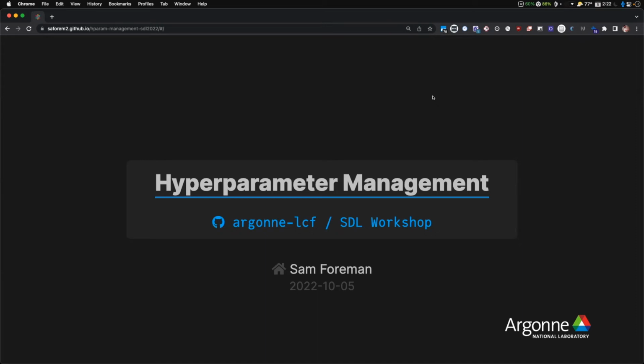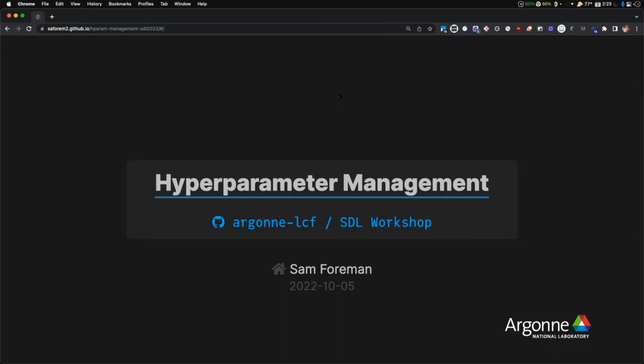My name's Sam Foreman. I'm a computational scientist here at the data science group at the ALCF. My background is in high energy physics. And now I work on a variety of tasks related to training models and running distributed training and the things that come along with it here on our supercomputing systems. And so today I'm going to be talking to you a bit about best practices and